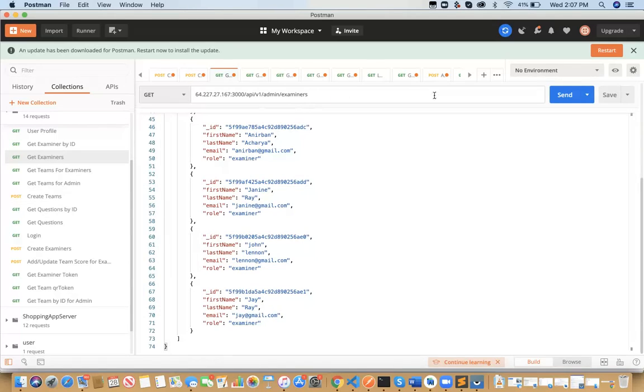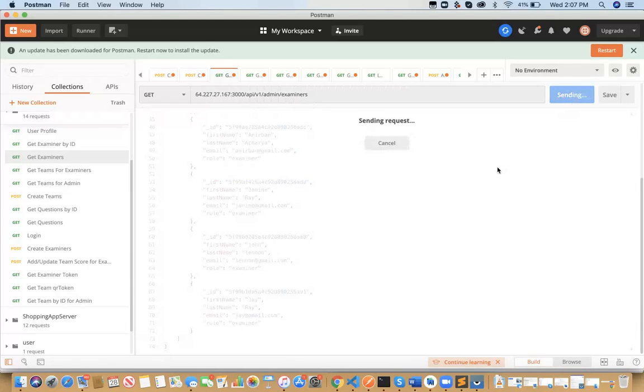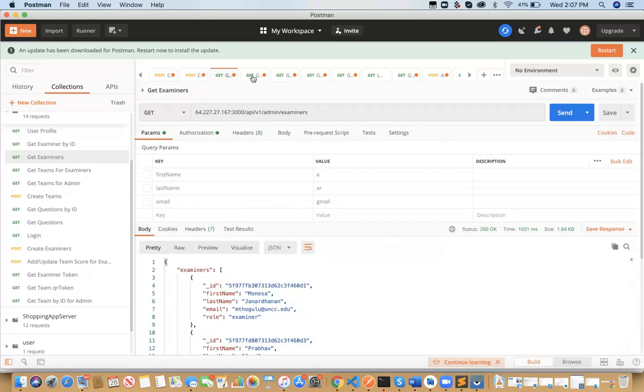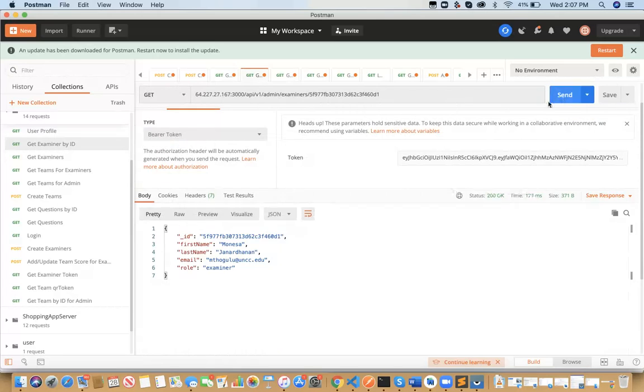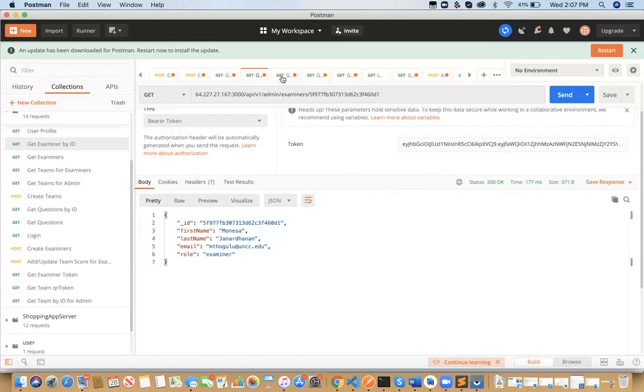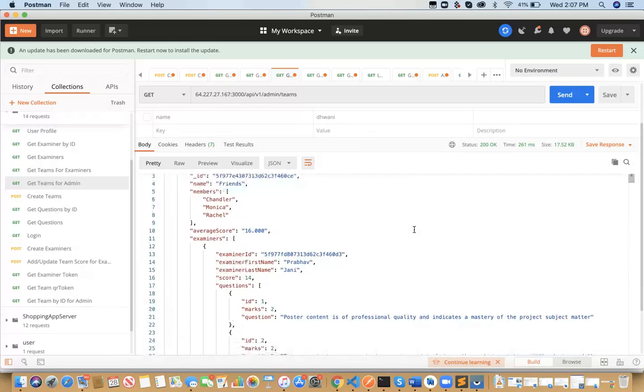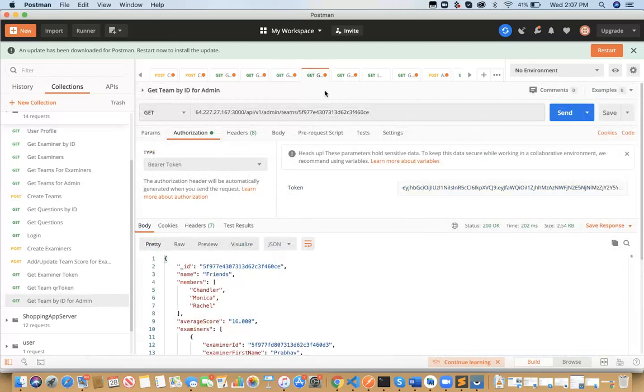Sorry, they can get the list of examiners in the system, and these examiners can also be fetched by a particular ID. Next, they can also get all the teams present in the system along with all their details, and also can get the team by a specific ID if they want.